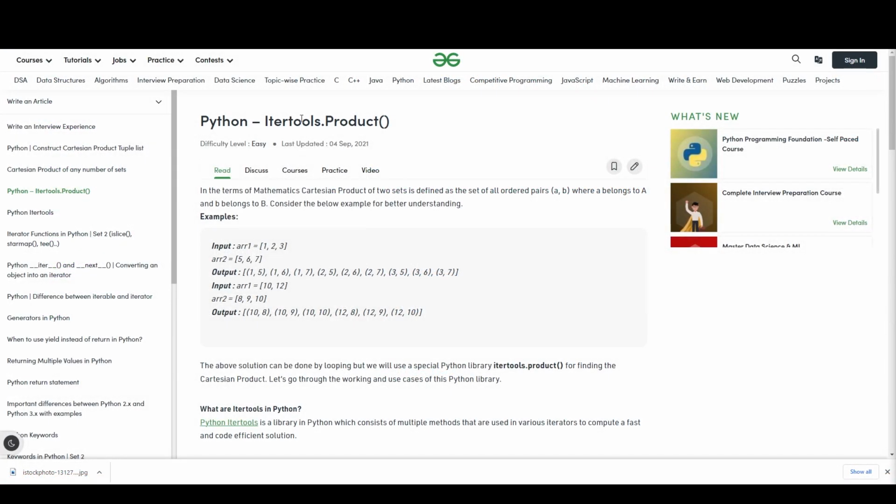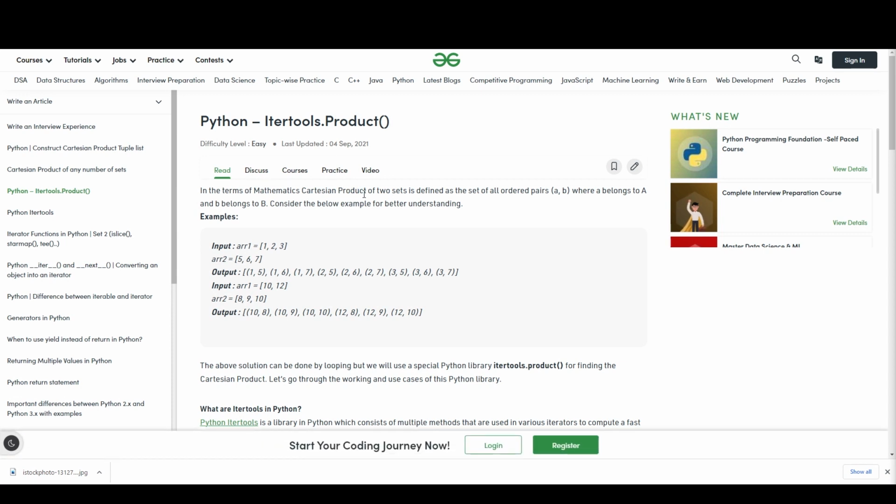Iter tools product. In terms of mathematics, cartesian product of two sets is defined as the set of all ordered pairs. The input array 1, array 2, output 1, 5, 1, 6, 1, 7. Well, okay.